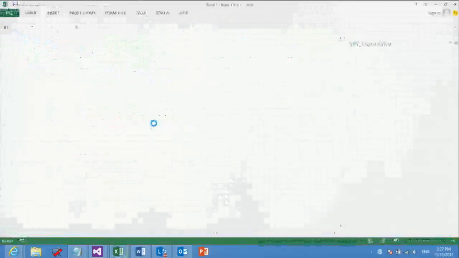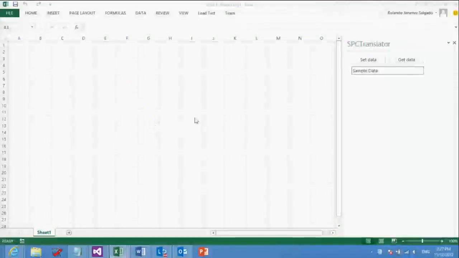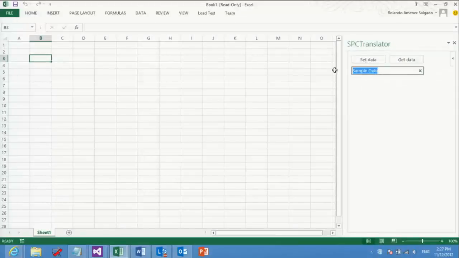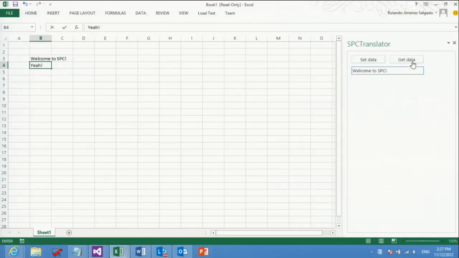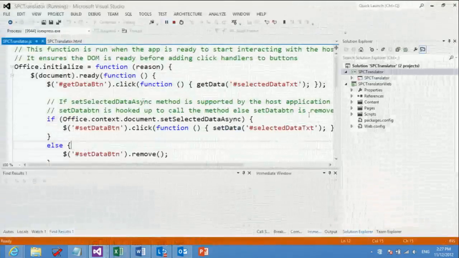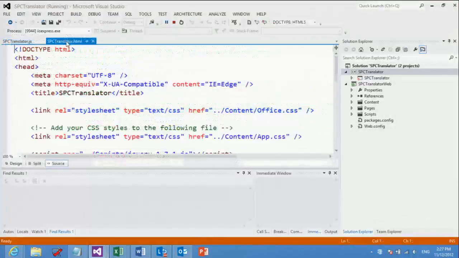So very nice F5 experience, and this is a sample app that allows me to set some data. And I'm going to say set data. And I can get data. So very simple, right? Now, let's make something more interesting out of this app. Let's say I want to do a translator, as we said. So what I'm going to do here